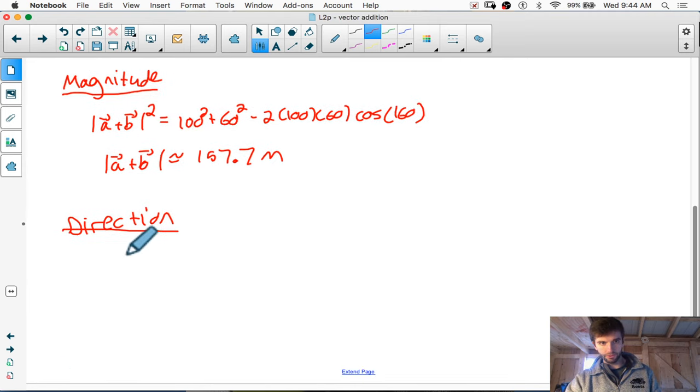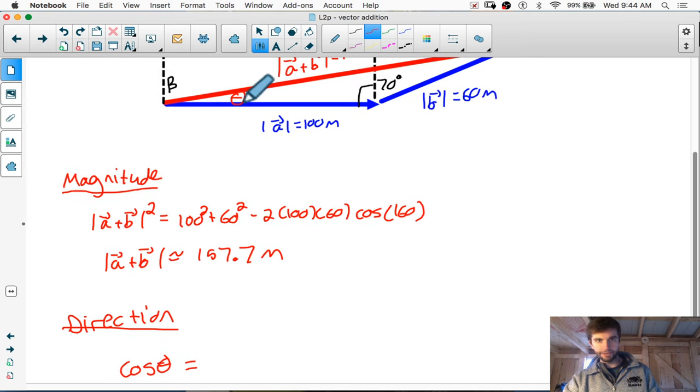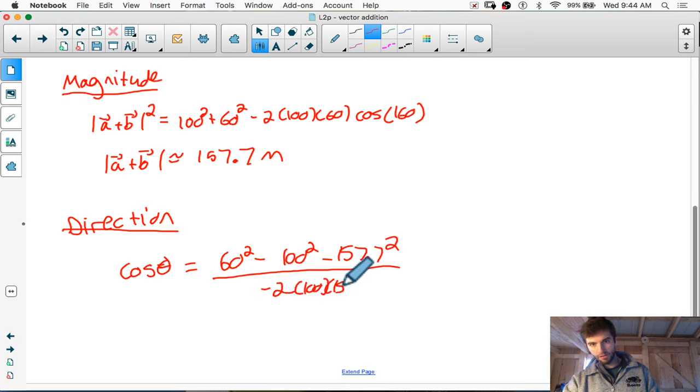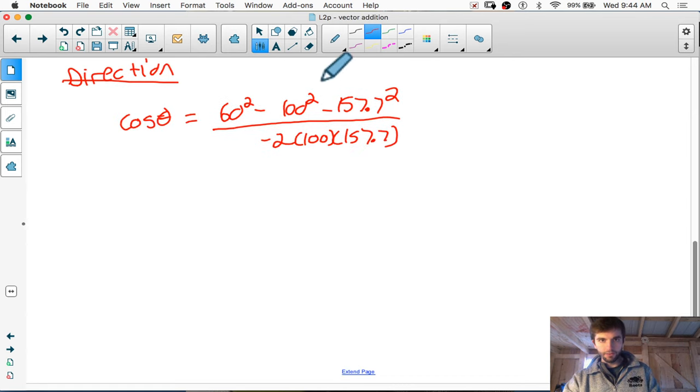So cosine law would be cos theta equals, and then we do the side opposite from that angle first. So 60 squared minus the squares of the other two sides all over negative 2 times that side times that side. I'll write that a little more clearly for you. So that's the setup of cosine law. We'll evaluate this, and then we'll do inverse cos of that ratio to get the